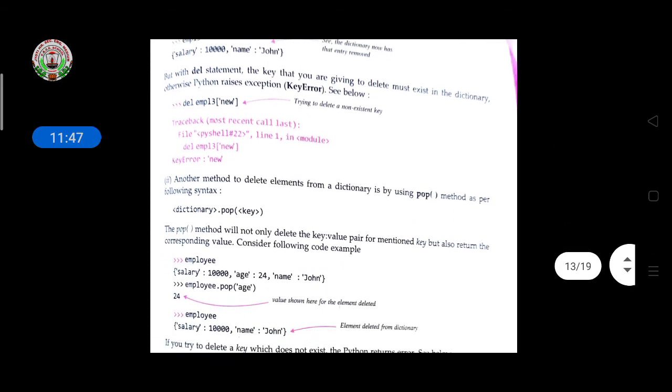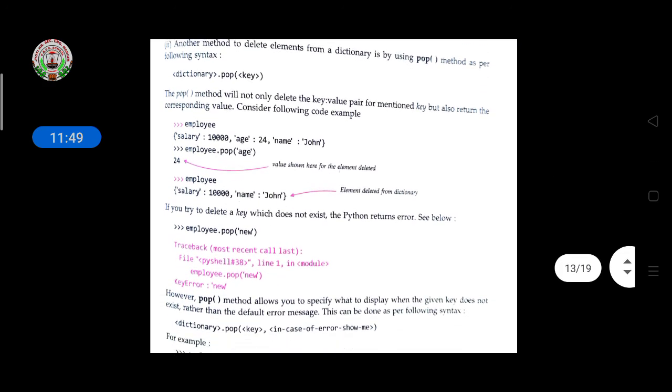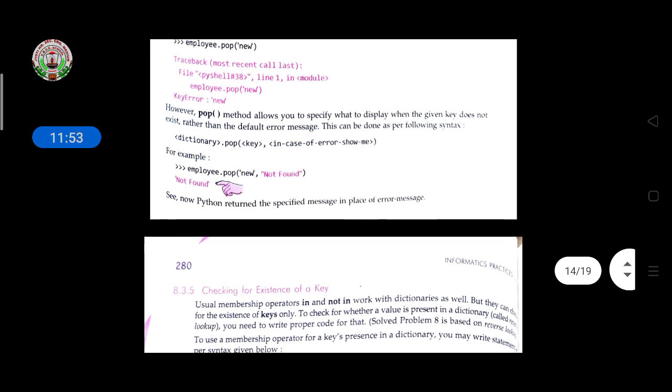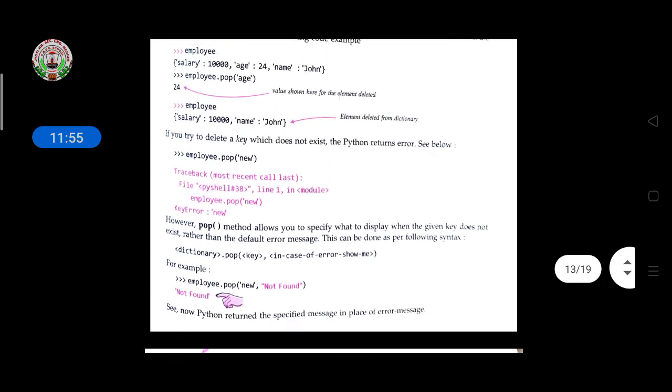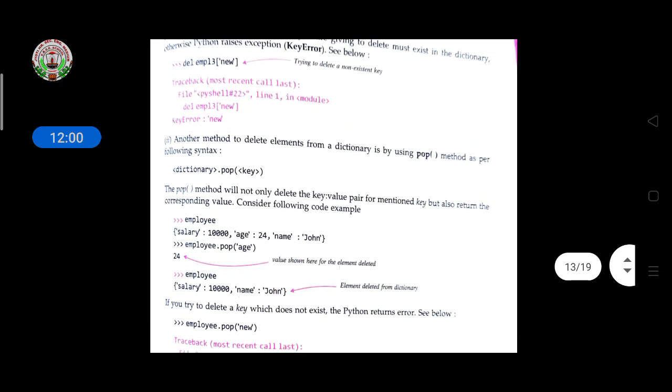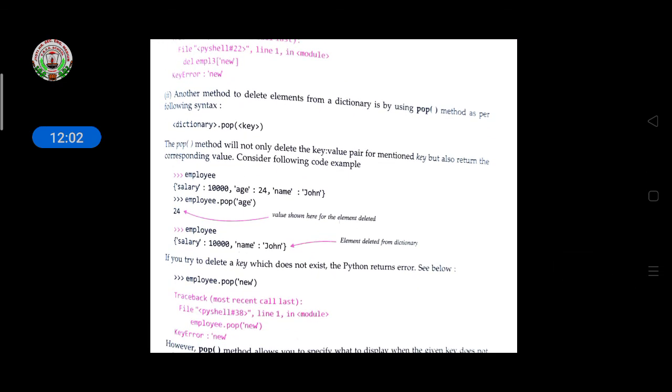If you give only the dictionary name, it will delete the whole dictionary like this. The program is given here. In the next class we will discuss checking and accessing of a key. Read this program once and do the practice. Thank you.